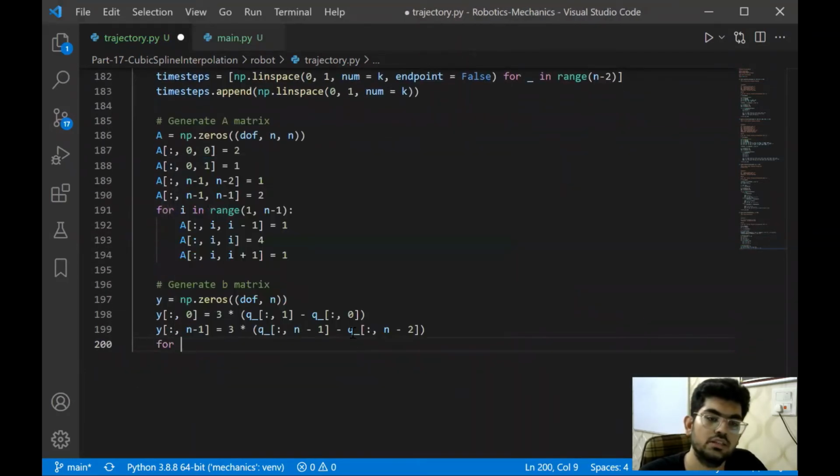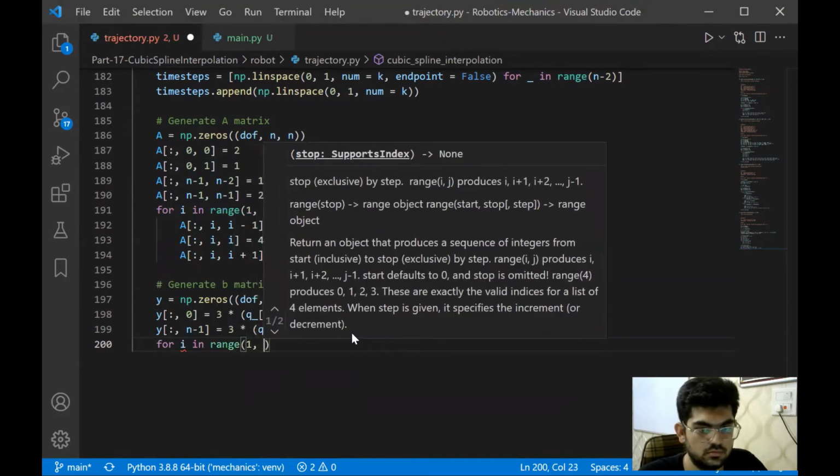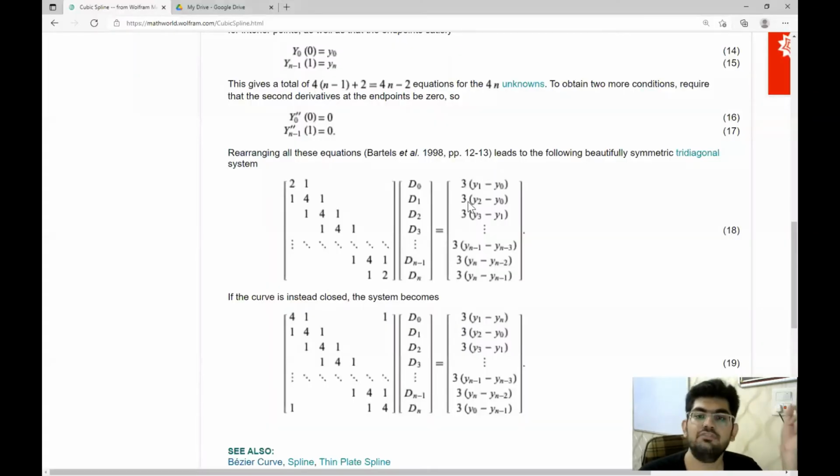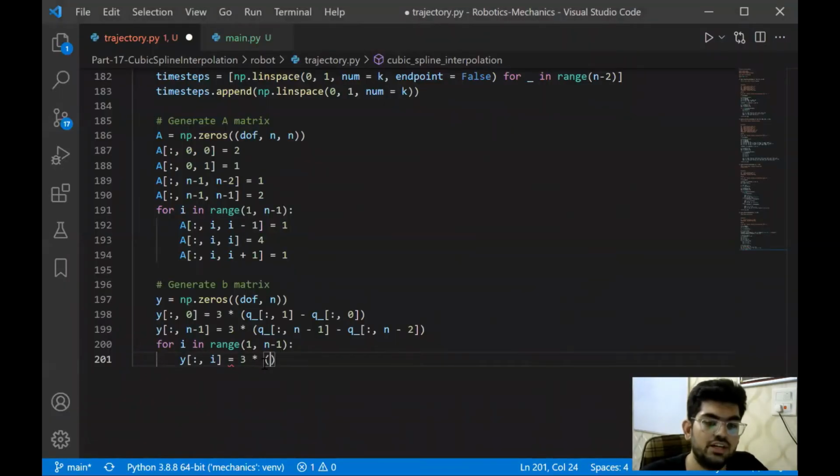And now let's loop over the values. It's a similar loop, like we are starting from 1 and going till n minus 2. Now the structure they are following is, we take in the ith element and assign it. And how is the ith element being assigned? If we assume that this is the first element, the first element is being assigned y[i+1] minus y[i-1]. So that's the typical pattern that it is following, and we are going to implement that. It's going to be y[i+1] minus y[i-1]. As simple as that.